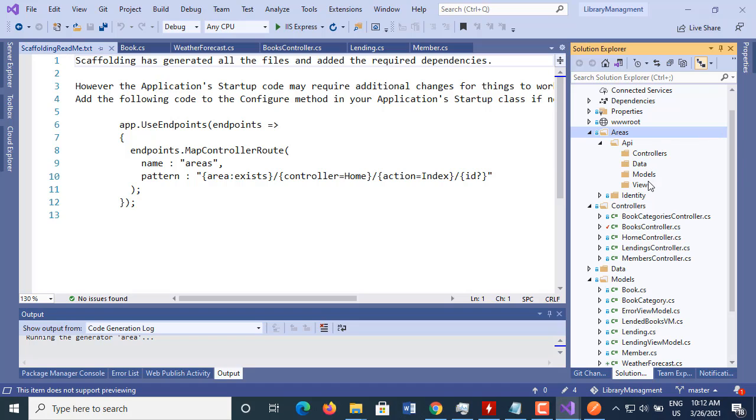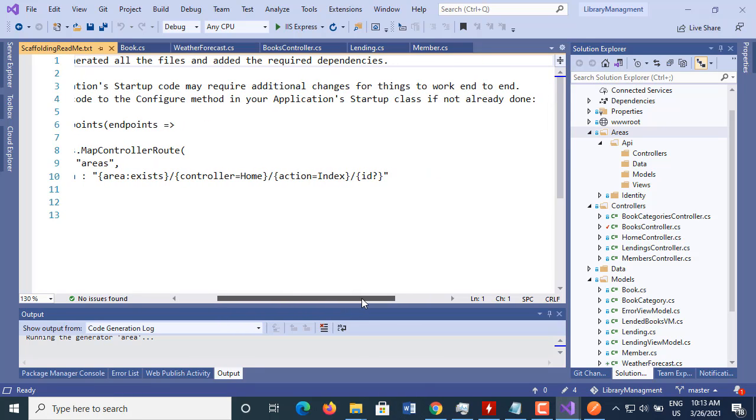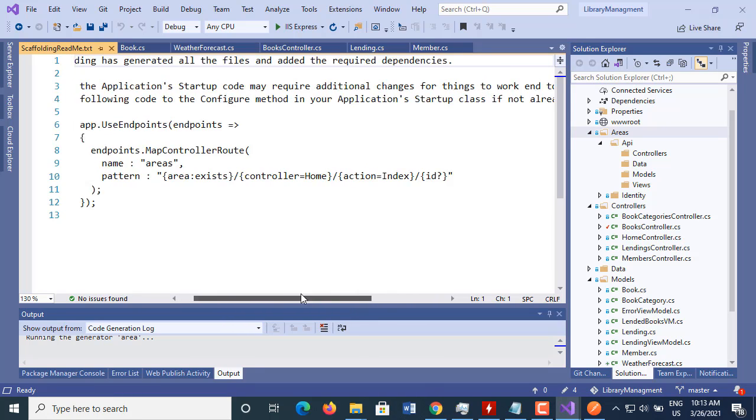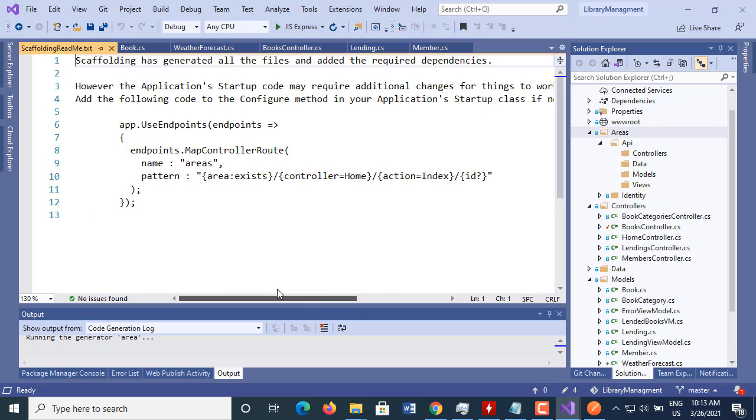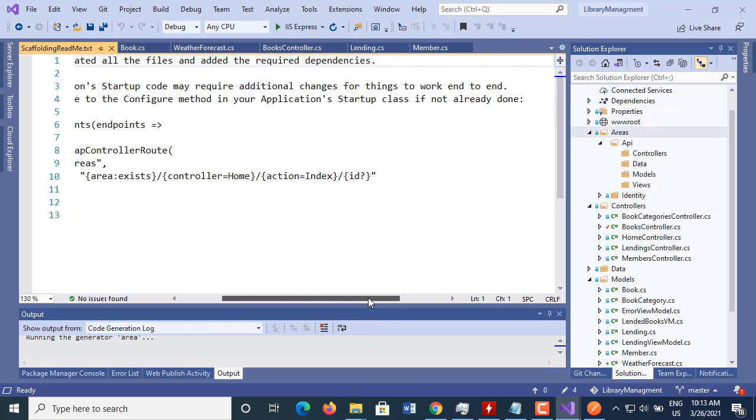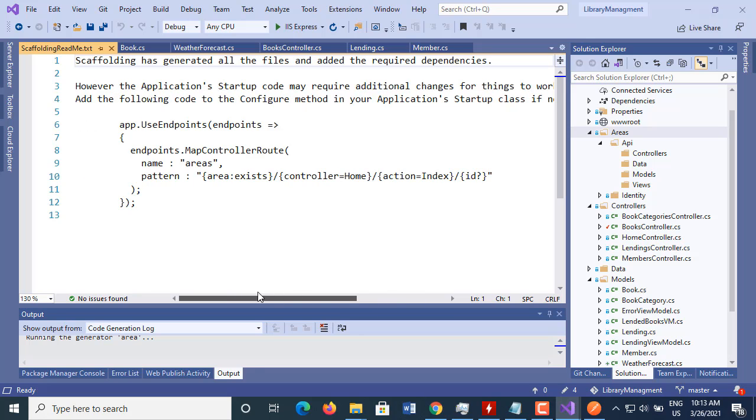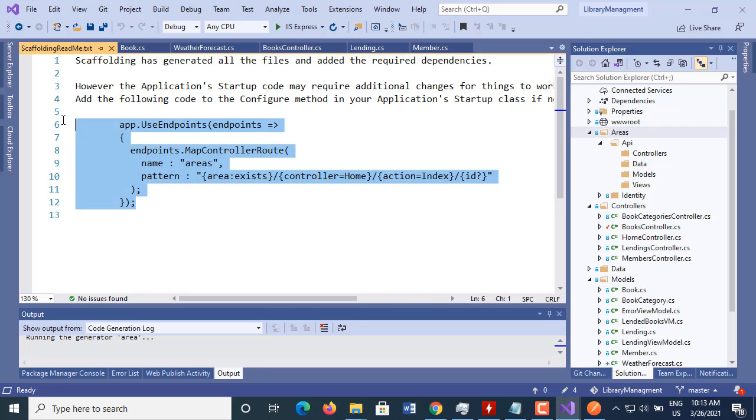Controller, data, models, view. It's a separate application. However, the application's startup code may require additional changes for things to work end to end. Add the following code to the configure method in your application's startup class if not already done. It hasn't been done, so